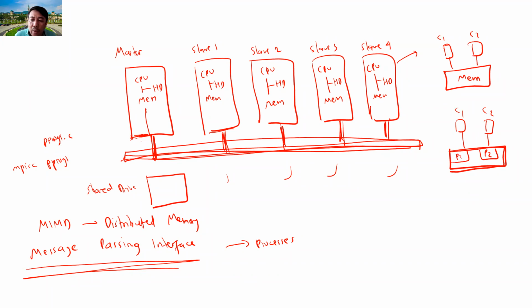P1 belongs to C1, P2 belongs to C2. You can see you have different locations in memory for P1 and P2. This means that when you create a matrix A here, you need to specifically send a message to P2 in order to give a copy of A to P2, because although it is shared memory hardware, you are using a distributed memory programming model.